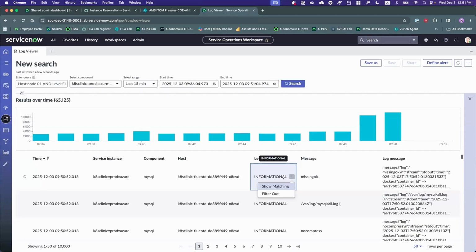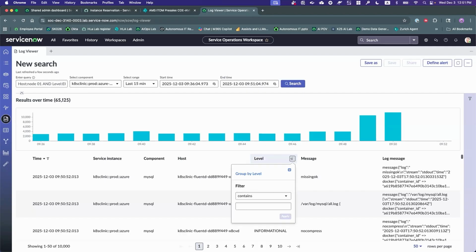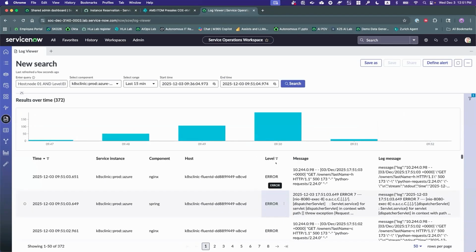So I'm just going to click on the three dots next to level, basically filtering it. I'm just going to say if the level is error. Once you apply it, you should be able to see some errors. And I believe this is the end of